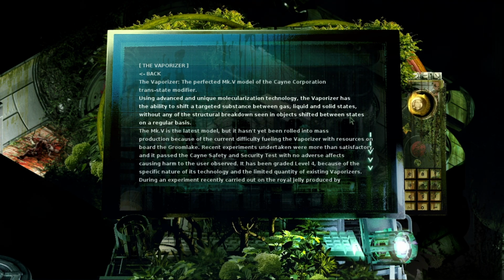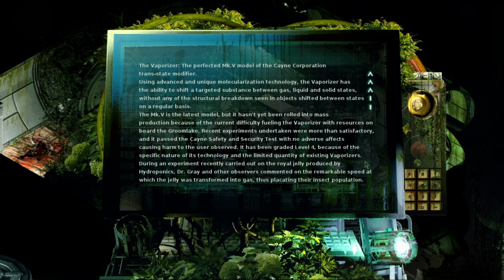It has been graded level 4 because of the specific nature of its technology and the limited quantity of existing vaporizers. During an experiment recently carried out on the royal jelly produced by hydroponics, Dr. Gray and other observers commented on the remarkable speed at which the jelly was transformed into gas, thus placating their